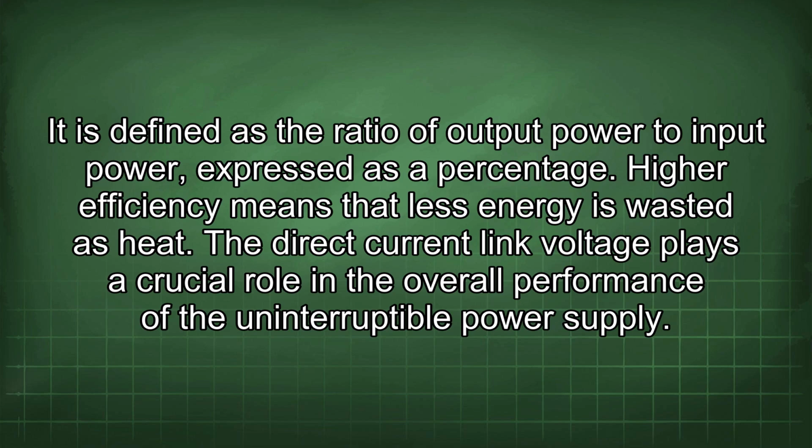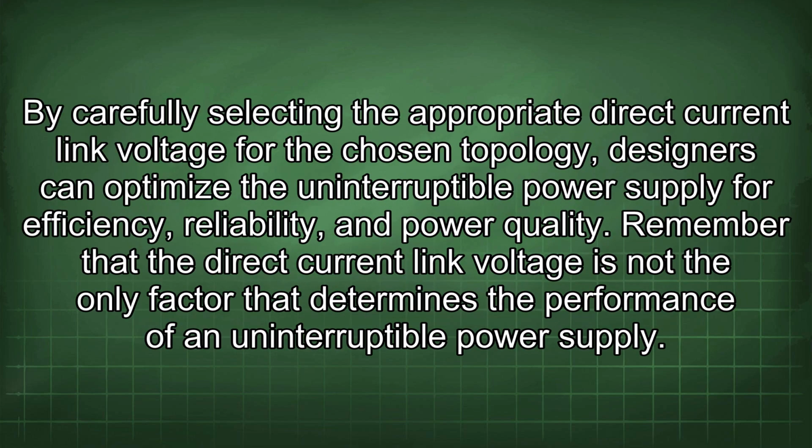The direct current link voltage plays a crucial role in the overall performance of the uninterruptible power supply. By carefully selecting the appropriate direct current link voltage for the chosen topology, designers can optimize the uninterruptible power supply for efficiency, reliability, and power quality. Remember that the direct current link voltage is not the only factor that determines the performance of